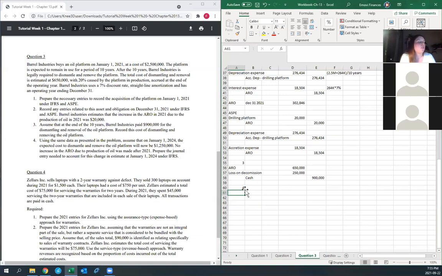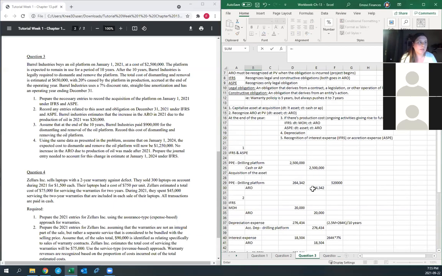So first, what you want to go find is how much your ARO is on January 1st, 2024. And then you want to go and find what's the present value of your $1.25 million. And then you're going to increase your ARO by the difference between the two. So first, I want to find what's the balance on January 1st, 2024. So at the end of the year in 2021, your ARO was your 264K